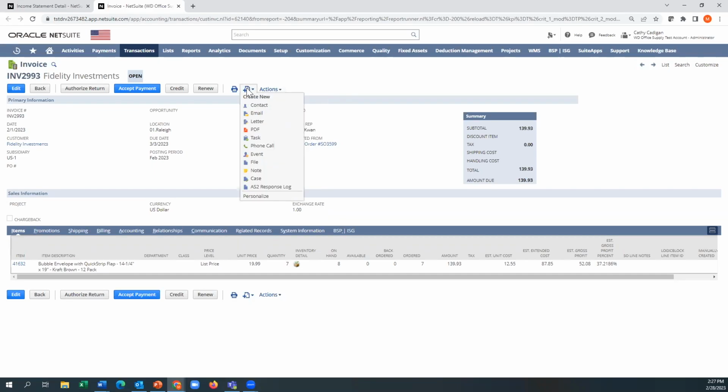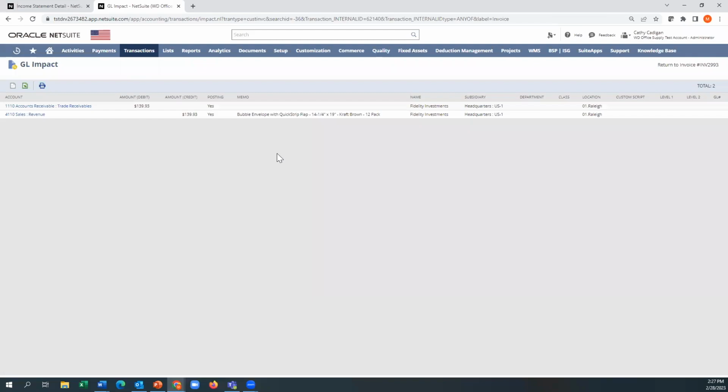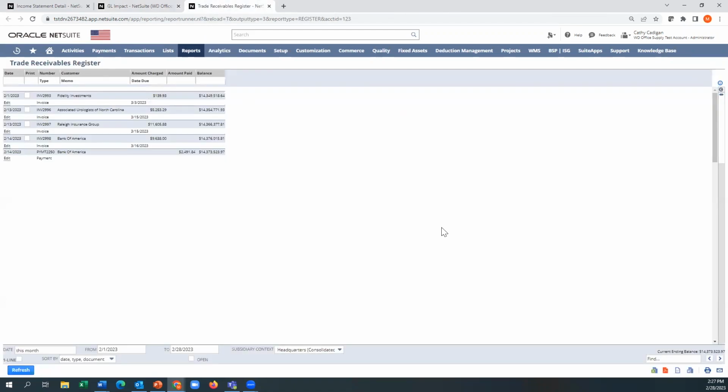All kinds of stuff directly here. If I have the rights, I can actually jump into the general ledger. I can see my trade receivables, my revenue, and I can even jump into the ledger itself of that account.